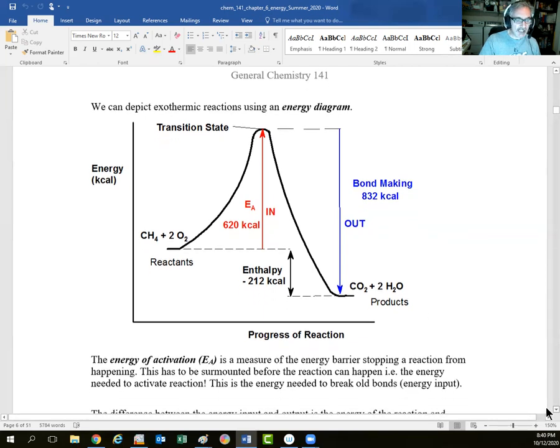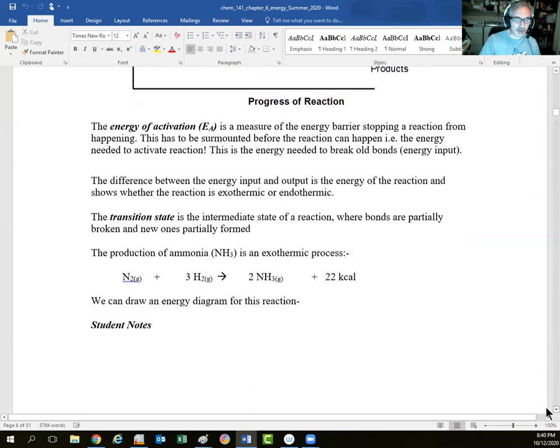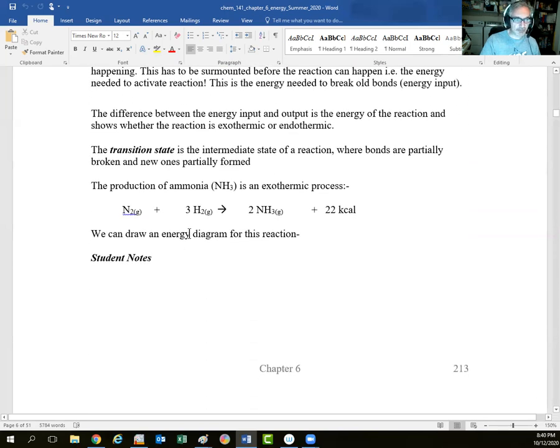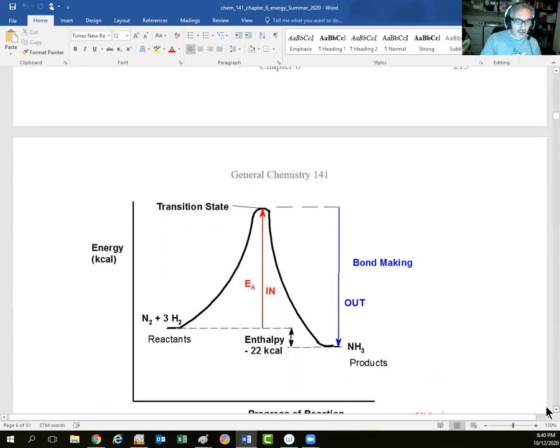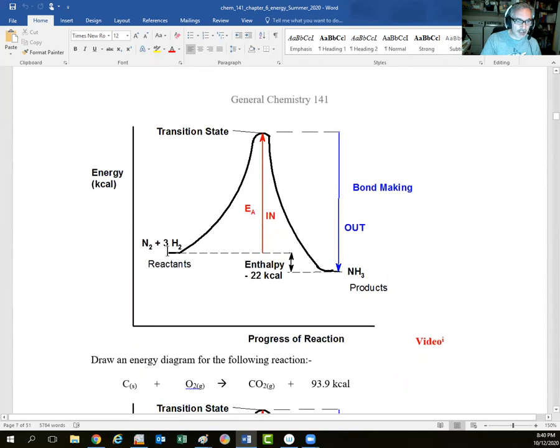And we can draw energy diagrams for pretty much any chemical reaction. Take, for example, nitrogen combining with hydrogen to form ammonia, NH3. Overall, it releases 22,000 calories of energy per mole. So again, we've got the energy of the initial reactants, energy of our final products or destination, and we've got